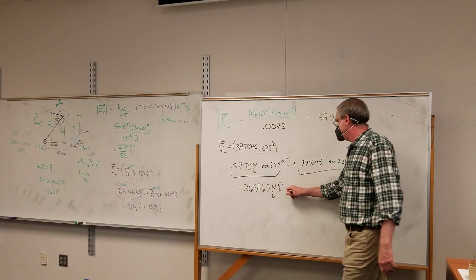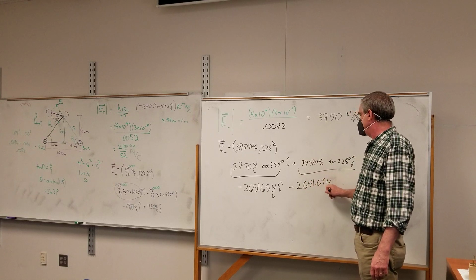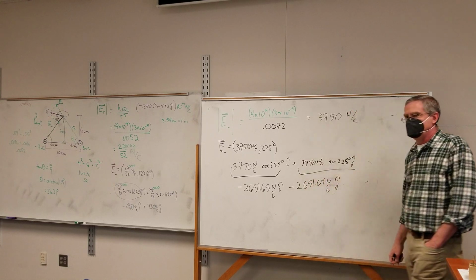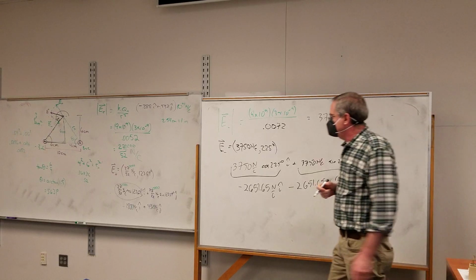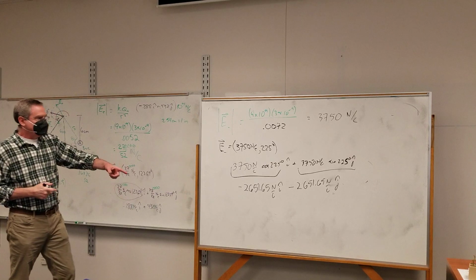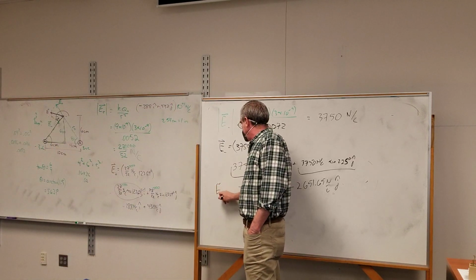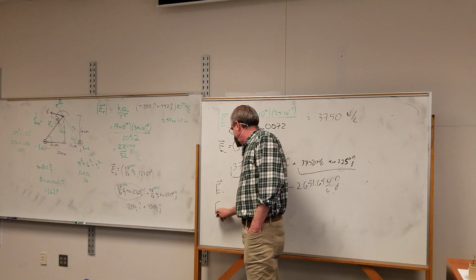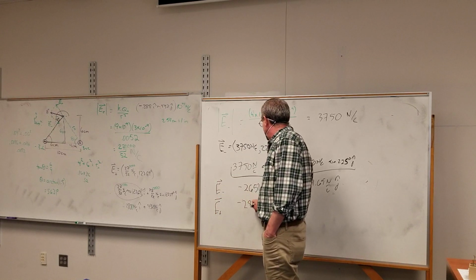Oh, and minus 2,651.65 newtons per coulomb j hat. It does have a symmetry. So the total electric field, well, it's just the sum of those two vectors. So there's my E negative. My E positive is negative 2,880 newtons per